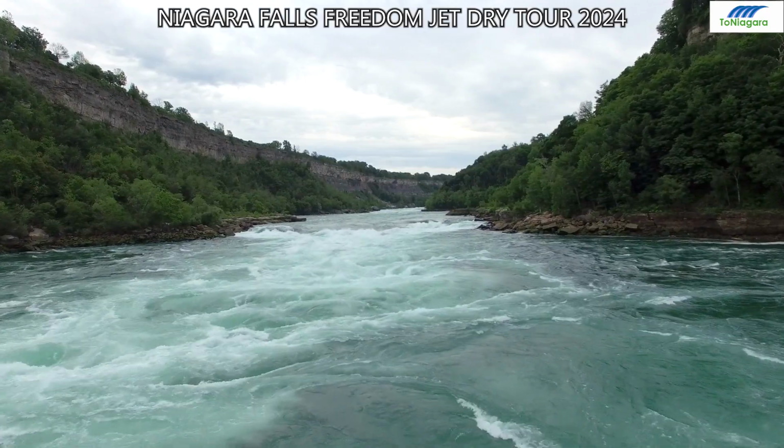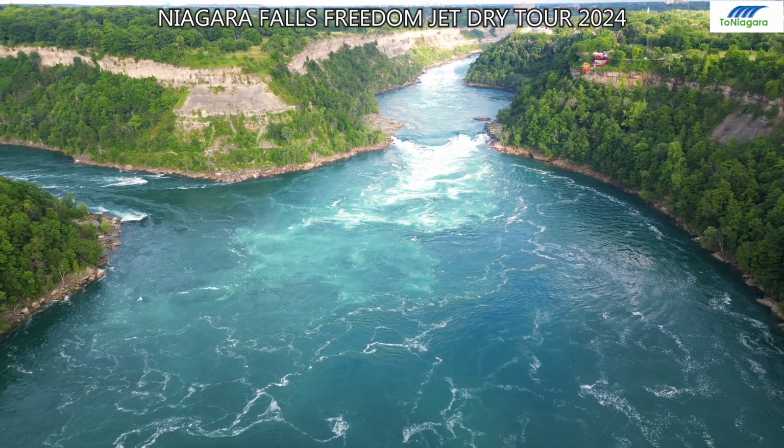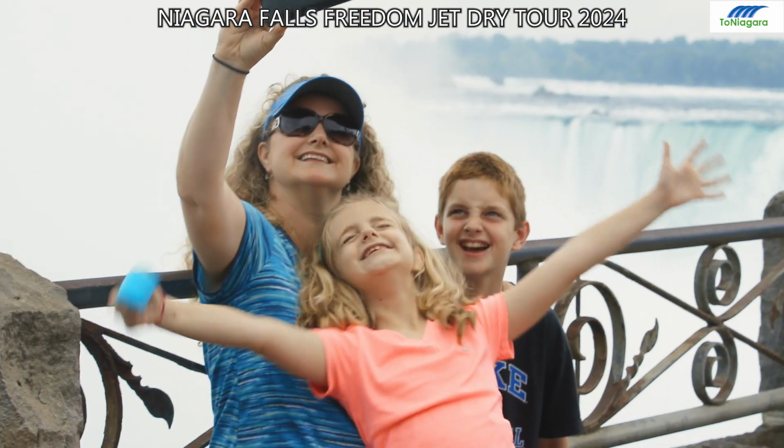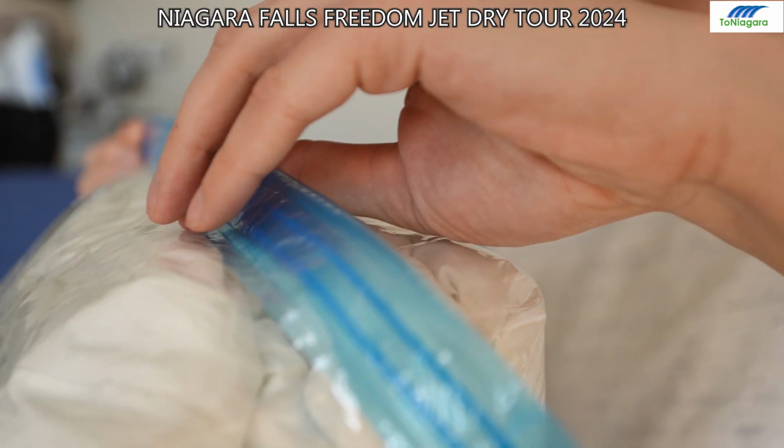As we glide through the stunning Niagara Gorge, you'll be treated to breathtaking views of the river and whirlpool. And the best part? You'll stay completely dry. Feel free to capture memories with your phones and cameras, and don't forget to keep your essentials in small bags